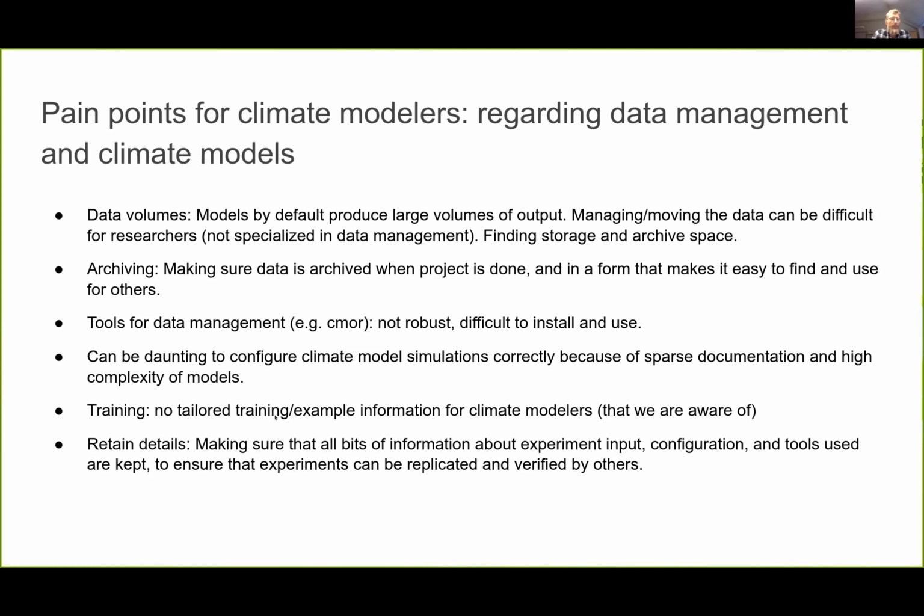One point that I'd like to emphasize is training. To my knowledge, there's not a lot of training for researchers on how to manage data, the exact processes and the exact steps that you need to follow, tailored to climate modelers. I don't think that material is really available, as far as I know. And so, from the perspective of a researcher, you hear this FAIR data management, that's the stuff you should be doing, and they understand that and they recognize it. But unless there's a very clear list of steps and tools and everything's ready for them,